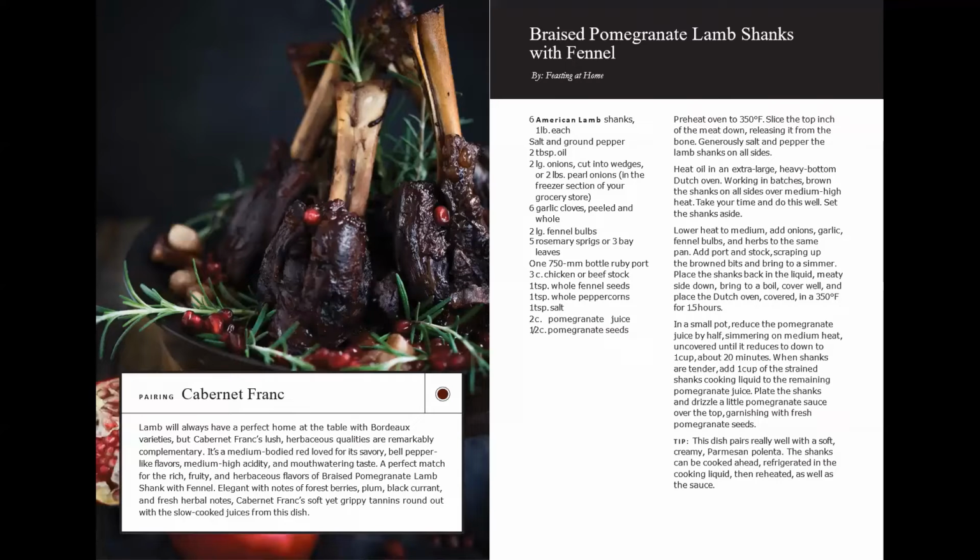I also like this particular recipe that we've included here because of the inclusion of rosemary, and so those herbs and fennel as well. The herbs really do bring out these beautiful green, velvety qualities of Cabernet Franc. And interestingly, one of the things that is used in this recipe to braise it is a ruby port. So definitely emphasizing those rich red fruit characters, and letting the juices just develop